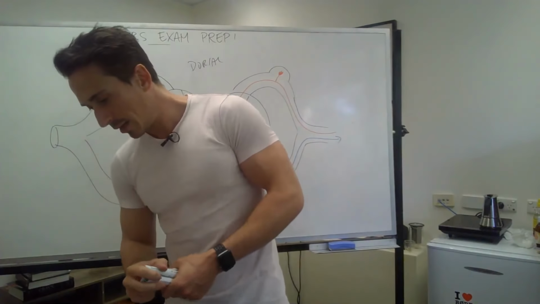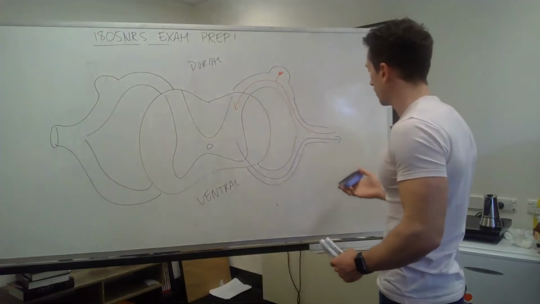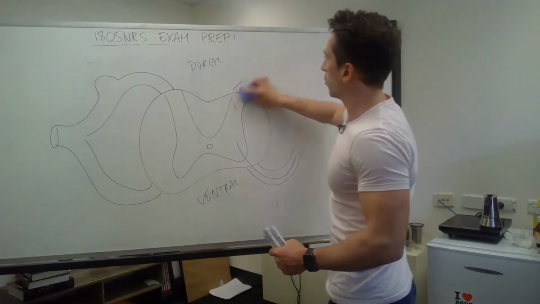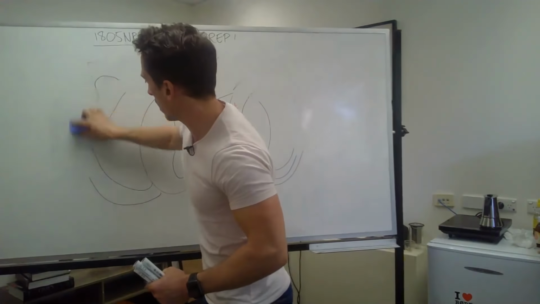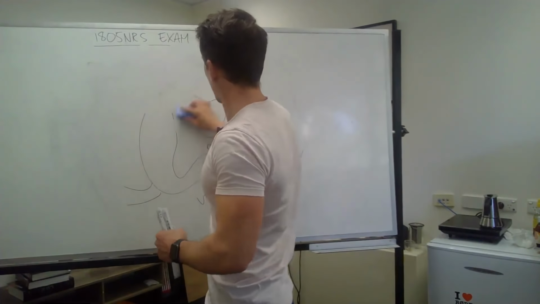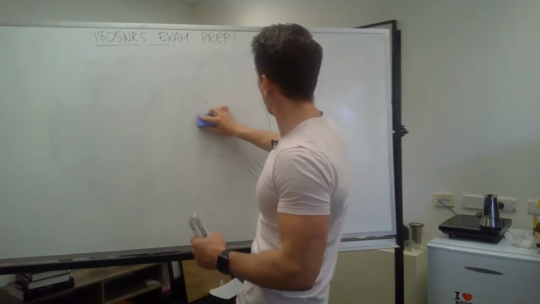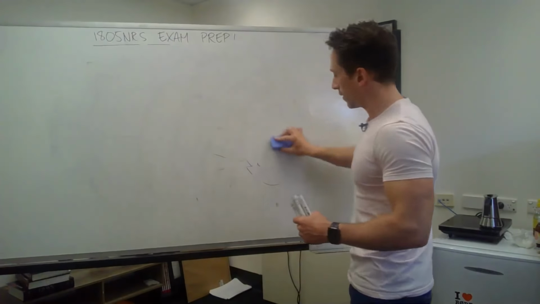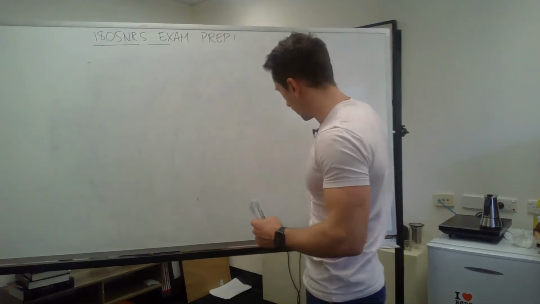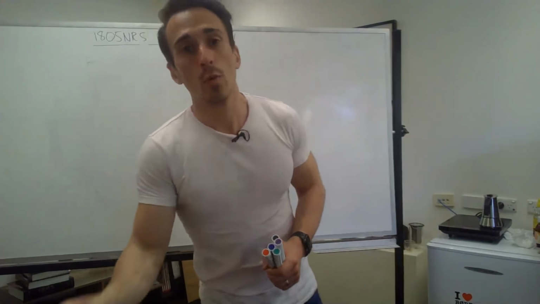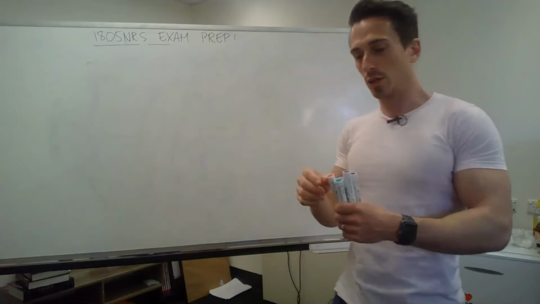Let's have a look at the 12 cranial nerves. I'm not going to do a lot of detail here because that could be a whole hour in itself. Just remember the tip I gave you when it came to remembering them, all right? Now, you do need to know for the exam the names of the cranial nerves, the number of the cranial nerves, whether it's sensory or motor, and also its function. So remember,